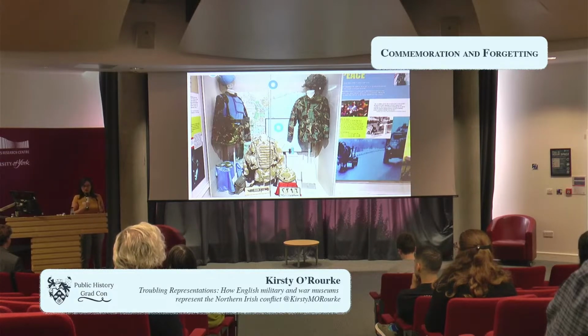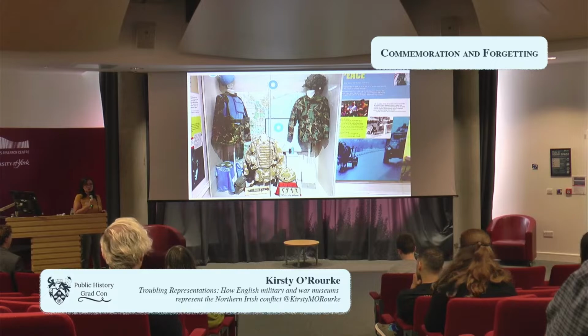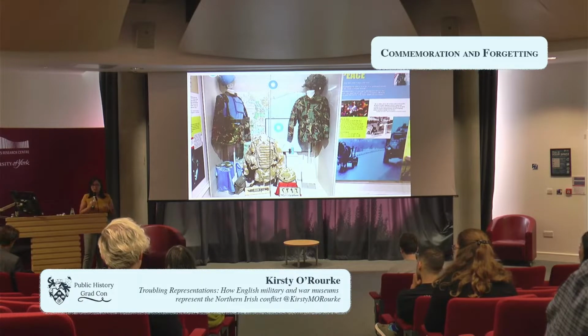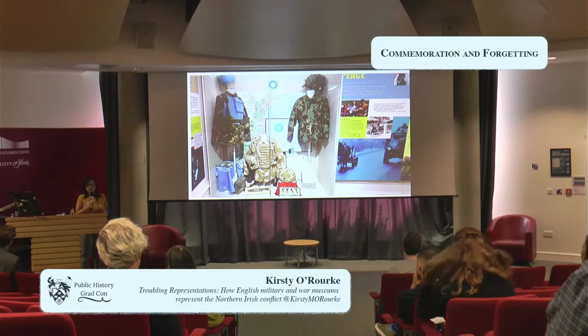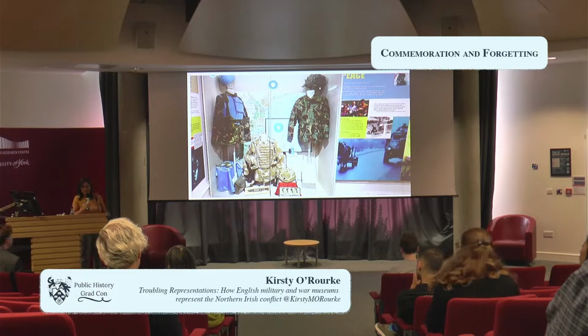In the Imperial Wars physical exhibition, they have oral history accounts playing. Each one is a British soldier discussing sectarianism and paramilitary organisations. The Imperial War Museum does hold other oral histories that discuss the violence of the British Army in Northern Ireland, but they don't include these. When discussing casualties, these museums talk about civilians killed by paramilitaries or those of the British Army killed by these groups too. Only the National Army Museum